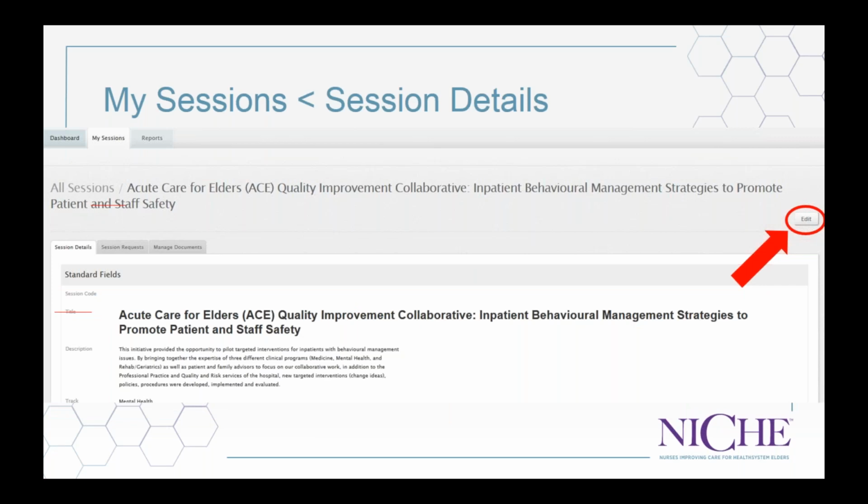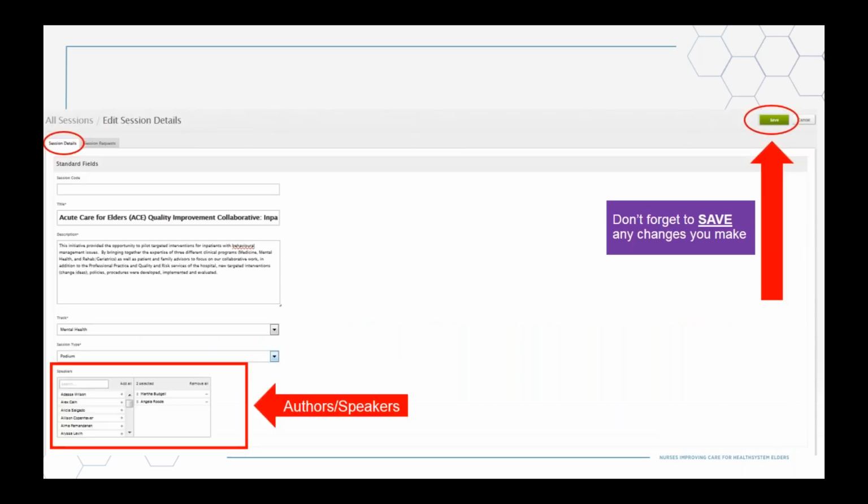If you want to edit your abstract details, click on the title of the abstract from the previous screen that we just saw. And then once you're on this page, you would just click the edit button in the upper right-hand corner of the page. Once you're in edit mode, you can make changes and update your abstract. Now, other than spelling errors, it's not likely that you'll need to update your abstract at this point, but the option is there if you would like to.